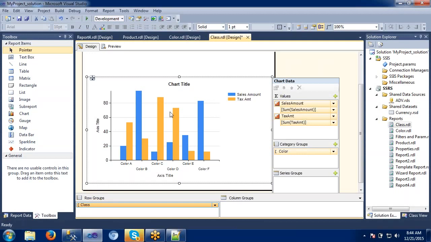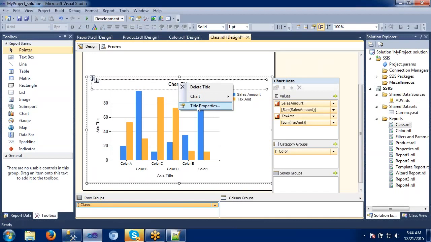Let's see, if I click on something, it is giving me some icons. Wherever you click, there will be some special things categorized separately. So this is how it is. When I click this one, I can make use of some properties here: title properties, these properties, legend properties. So let's see one by one here.